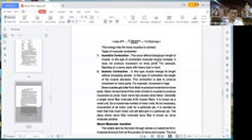Then isotonic contraction. In this type, the muscle changes its length without increasing tension. In this type of contraction, the length of the muscle decreases. This contraction is able to produce movement on bone joints. For example, movement of the legs.